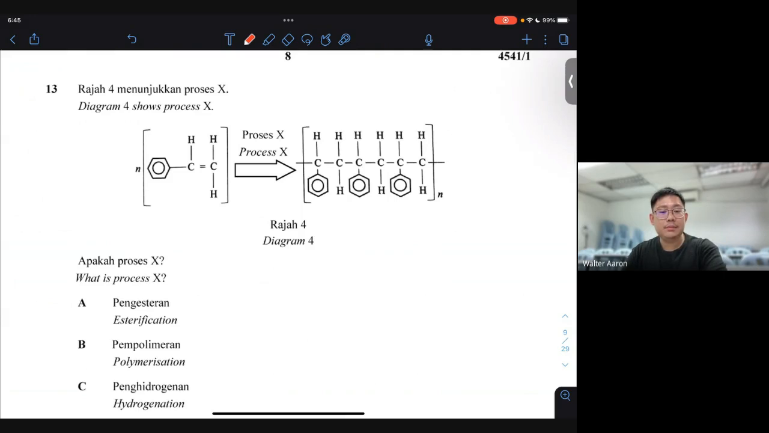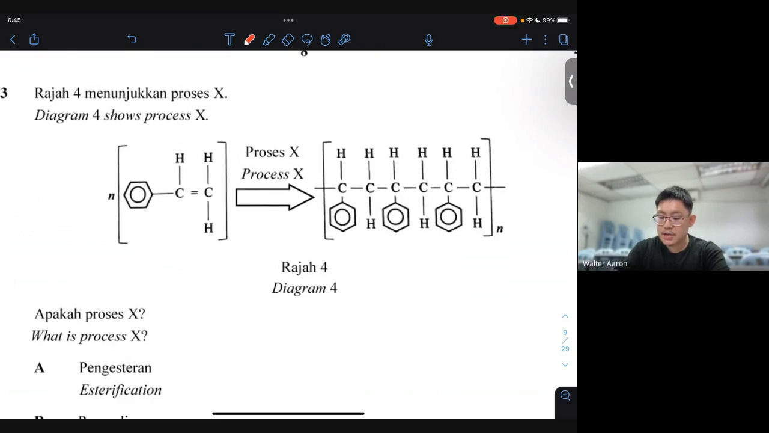For number 13, diagram 4 shows process X. So what is process X? So you can see here, right, there's a carbon-carbon double bond. Okay, just ignore the benzene ring, because most of us, when we look at the benzene ring, we get panicked a little bit, like, oh, what is this something new that I see over here? It doesn't matter. The main idea is to understand that you have a carbon-carbon double bond that's about to undergo